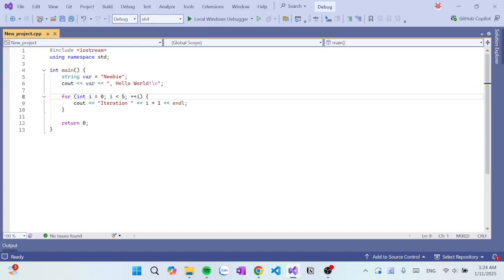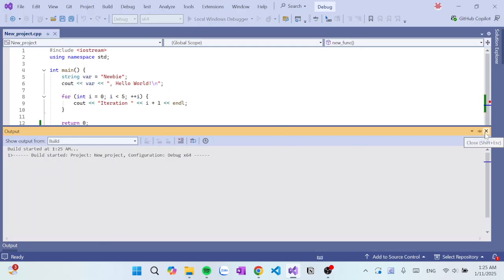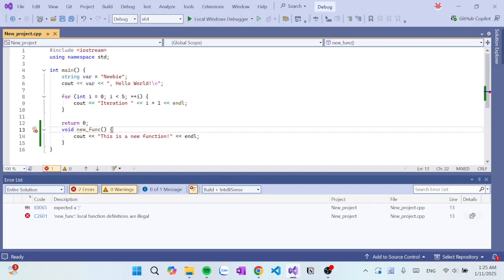Now I want to introduce you guys to one more thing, which is function breakpoints. Let's say here I create a function.